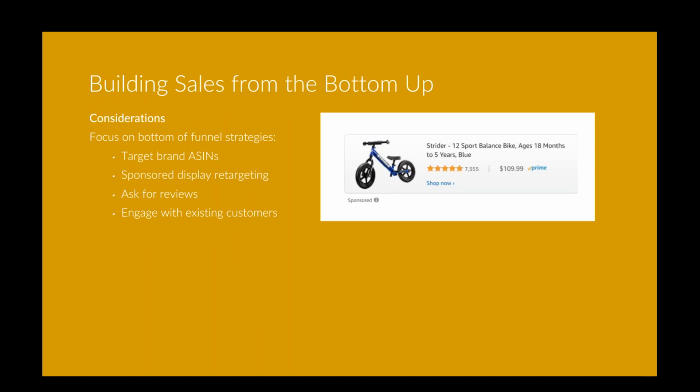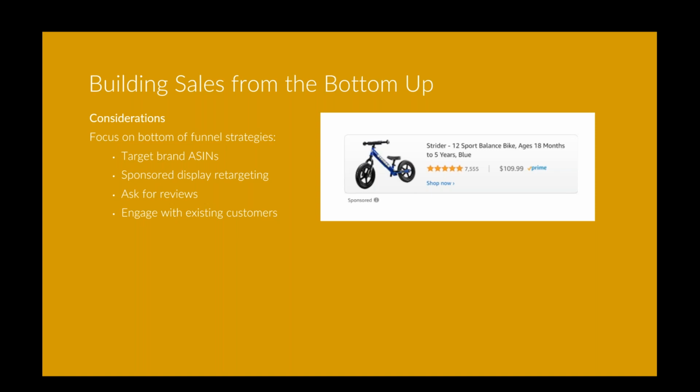Great. And the last thing we want to talk about in this section is to reframe the way we might think about how we would grow sales with all the information that's just been presented. A lot of the time we think we need to grow sales on Amazon by acquiring new customers and getting in front of more shoppers, and that's the only way we can grow. When in fact, if we turn all this information around and look at it as a bottoms-up approach, there's a lot of opportunity to shore up what you have already been doing with your strategy. And these are typically much more cost-effective and more profitable ways to make short-term improvements.